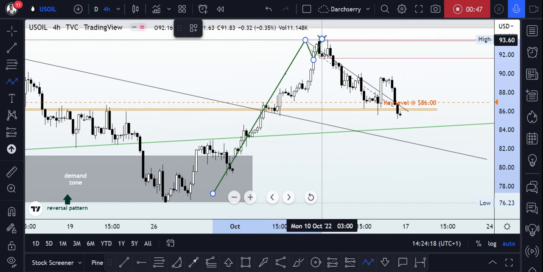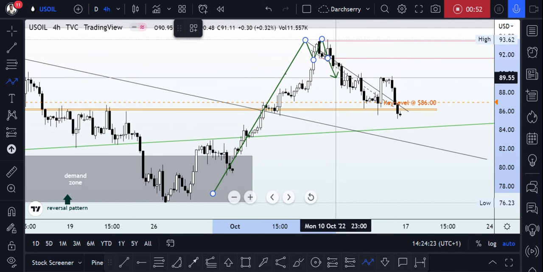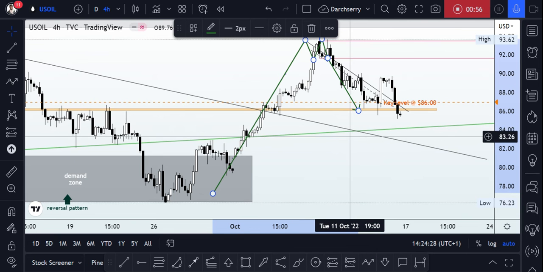During the course of last week's trading session, we were able to take advantage of this move right from this area down into the $86 level, as our bearish momentum for the last week's trading session